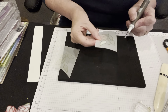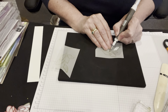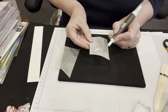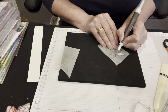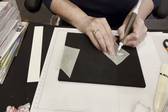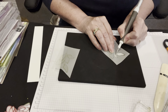Okay, and then work out over this side which leaf's going to go over the top. So I think I'm going to have this leaf go over the top, this outside leaf. So this one's going to be underneath. So I'm going to work this one in circular motions, coming down to this one, but not quite to where I've done that line. Okay, just soften, more softer towards that line. Okay, and then